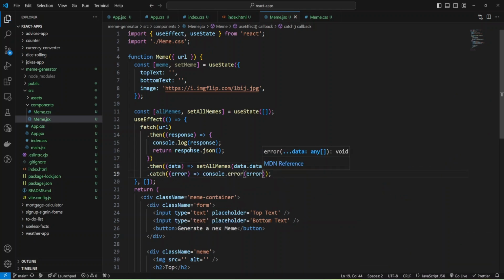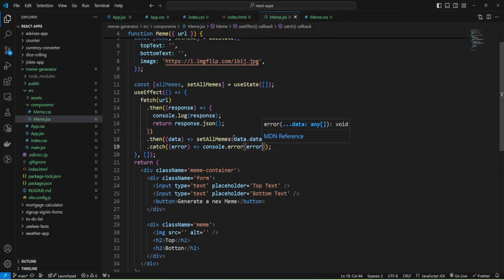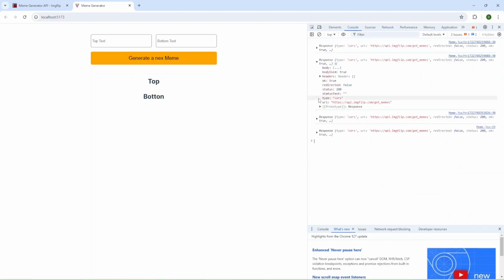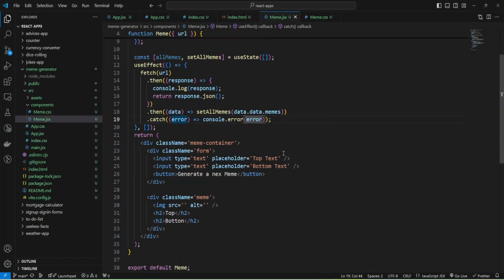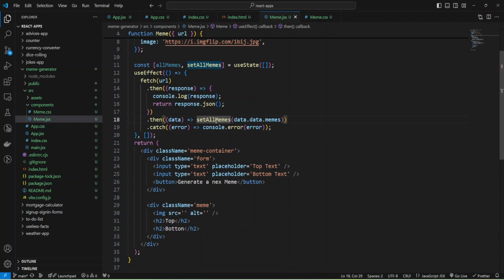Also, you can add functionality to add some text and set error inside some text to provide to the user, and also you can check the status if it was not okay or not 200. You can also provide error to the user, but I'm not going to do it, and I'll keep it simple here. And okay, we have all memes, and now we can display our image and change the image by clicking on the button.